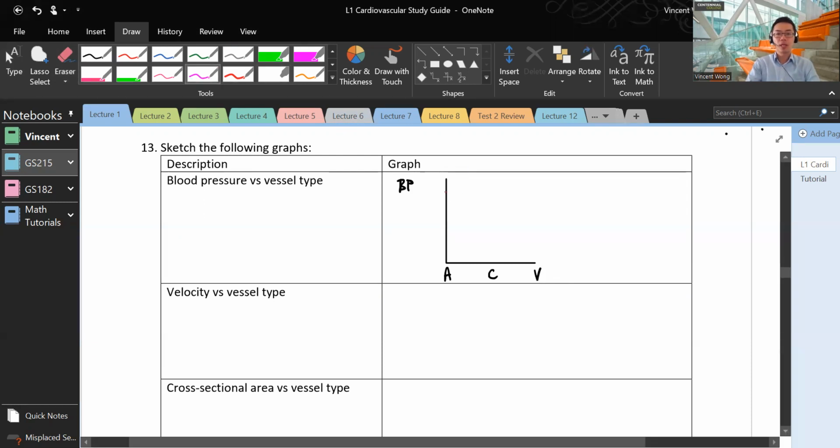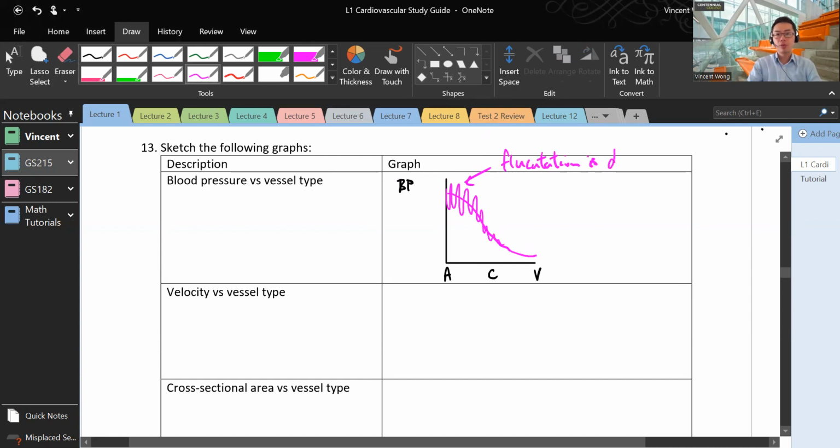Well, we're going to start quite high, straight out from the heart, right? In the aorta, it's going to be super high, and then it's going to drop as we get towards the veins. So the blood pressure is the highest in the arteries, specifically in the aorta. In the lecture notes, you will see there's a little bit of fluctuation at the beginning, and then eventually it tapers off, right? So this fluctuation